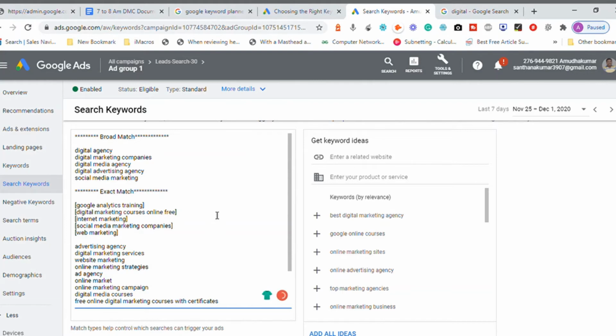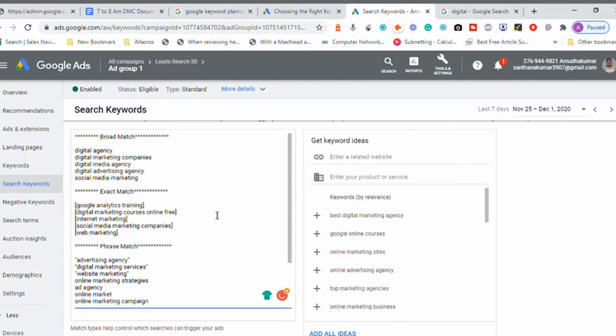Now we are going to define one more thing called phrase match. Let us see what a phrase match is. Phrase match means you put the keyword into double quotation marks. You start with the double quotes. This is basically the phrase match.